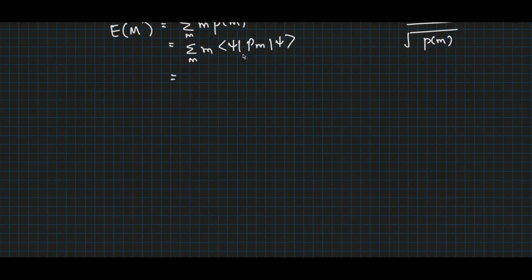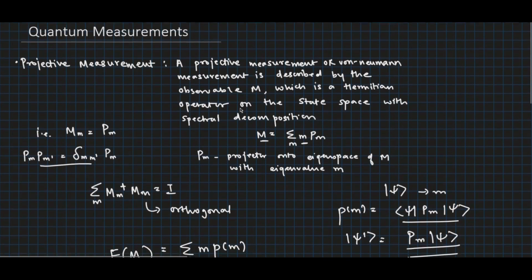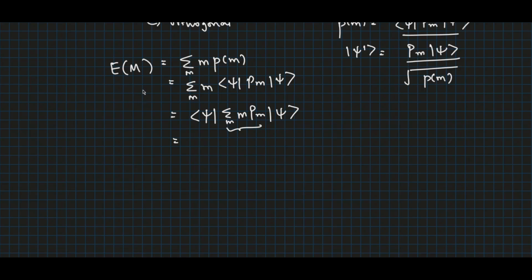Now taking the summation inside, we will have <psi| summation m P_m |psi>, and this expression is equal to our observable M. So we can write E(M) equal to <psi|M|psi>,